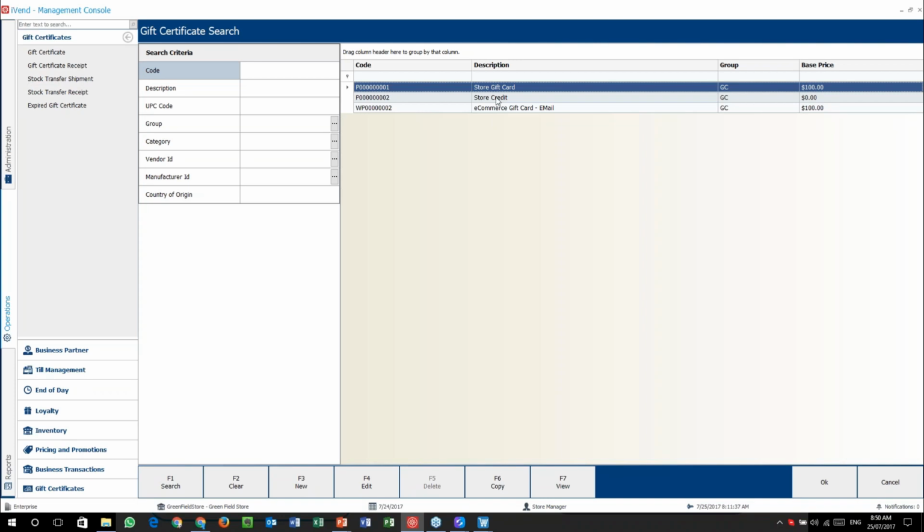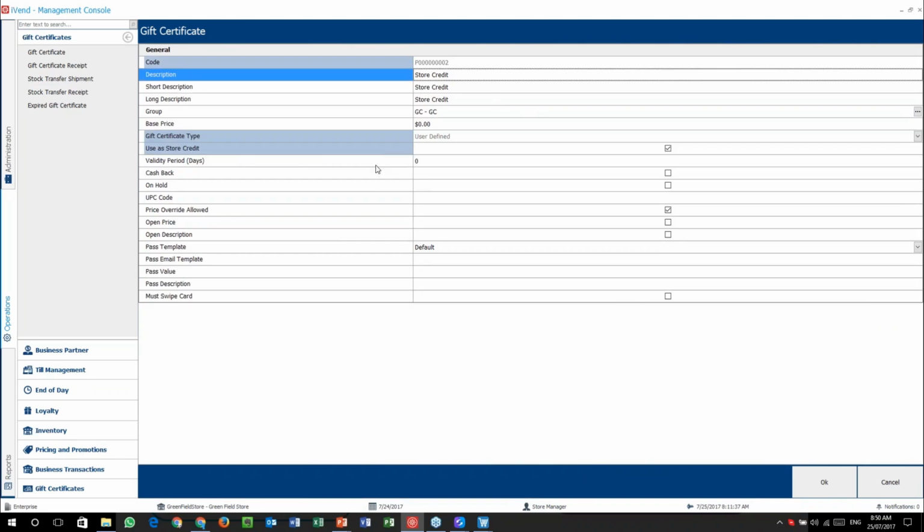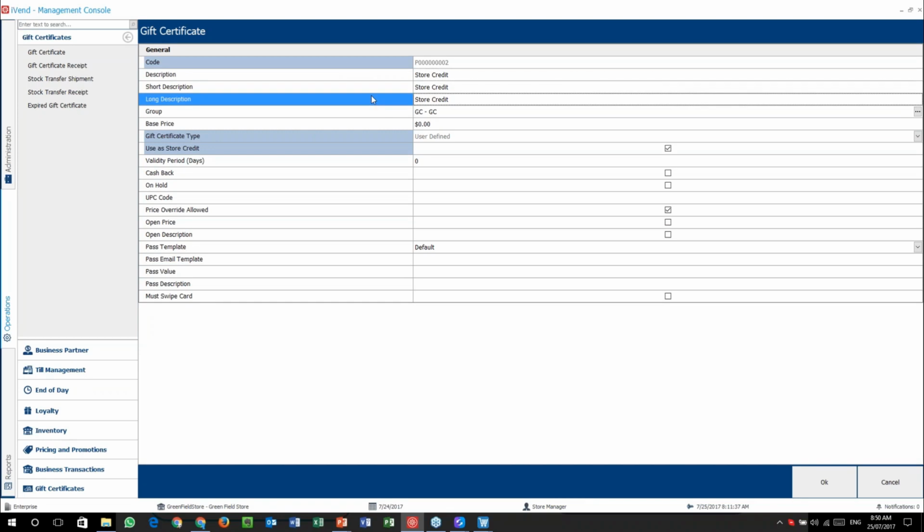But the next one I want to show you is also a slightly different kind of gift certificate, and this is quite important because this one over here is the store credit gift certificate. Now, the store credit gift certificate means essentially if somebody comes back and asks to exchange a certain item, you can give them store credit as opposed to giving them the